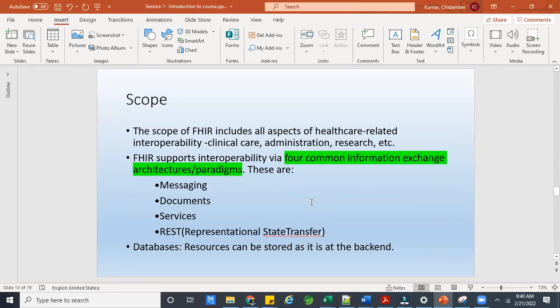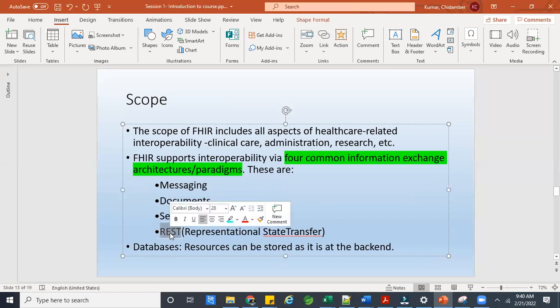And there are 4 different types of exchange possible through FHIR. As a part of this course, we'll cover REST, but just to be aware of what the others are, let's go through a formal definition and a quick understanding of what these different exchanges are. So when we say messaging,